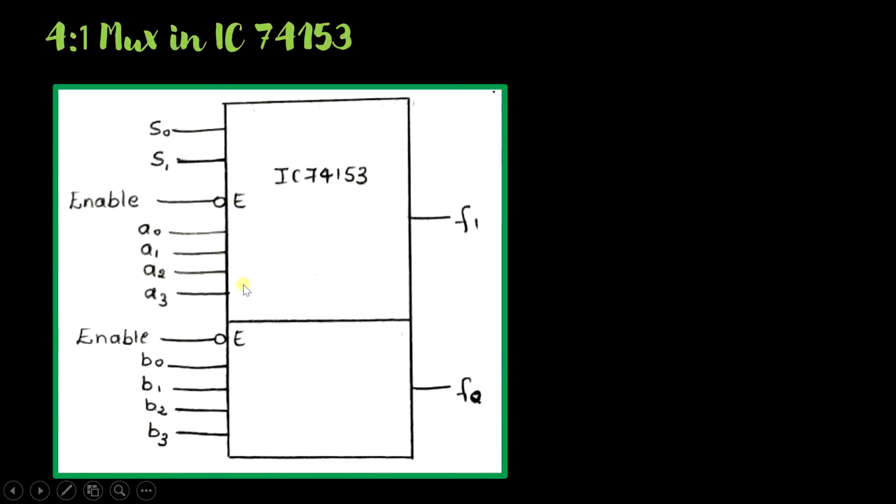So this is one 4:1 mux, and you have another set of inputs represented as B with an enable input and a function F2. So this is another 4:1 mux. But the select inputs are common to both the multiplexers, that is S0 and S1.